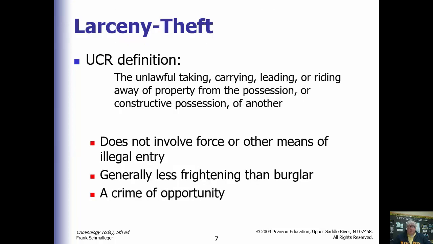So we will look at specific types of crimes and some of the typologies about them. Larceny and theft, as you recall from the UCR definition, is simply the unlawful taking, carrying, leading, or riding away of property from the possession or constructive possession of another. So it's basically taking stuff from people, or not necessarily from them directly, but there's no force involved against the